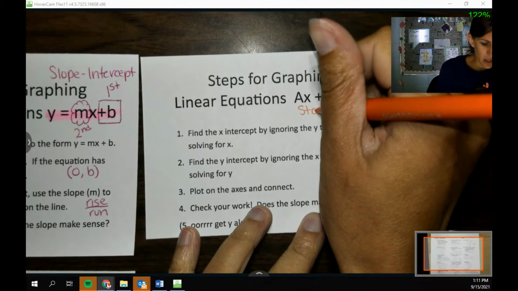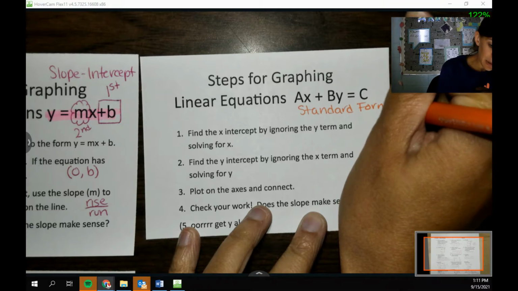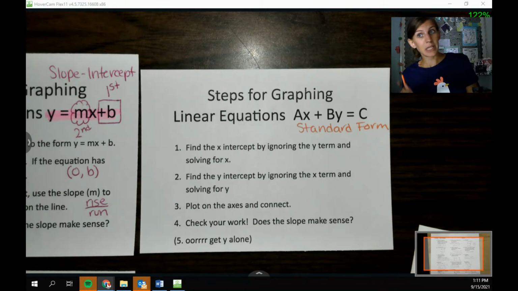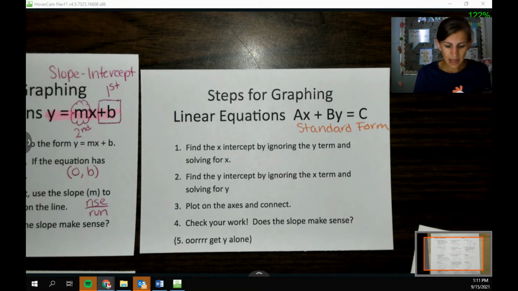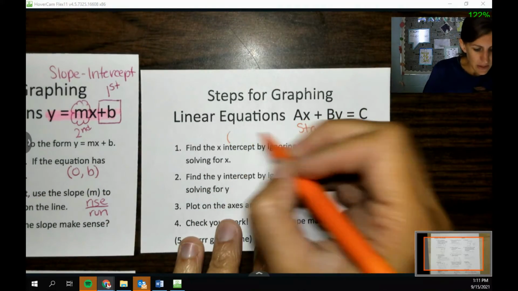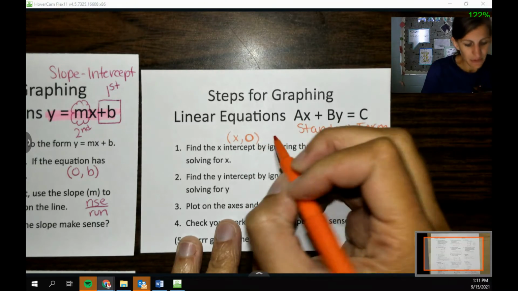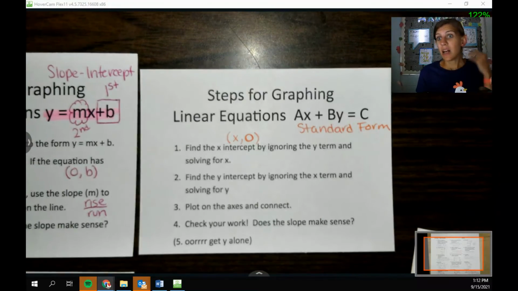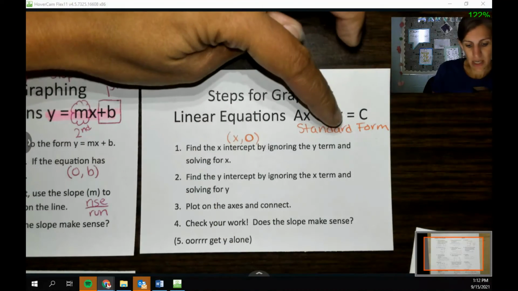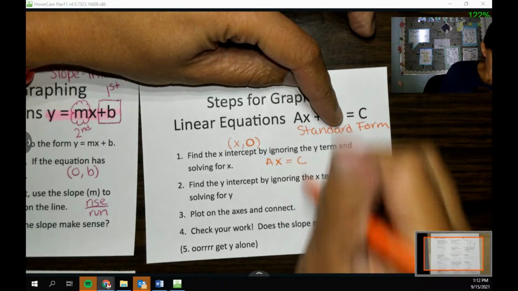This form here is called standard form. And it's not super great for graphing purposes, but it is great for story problem purposes, which we'll be talking about soon. However, there is kind of an easy way to graph when you are in standard form. What we can do is find our x-intercept by ignoring y and solving for x. And that's because our x-intercept always has a y value of 0. So I can essentially just block this out